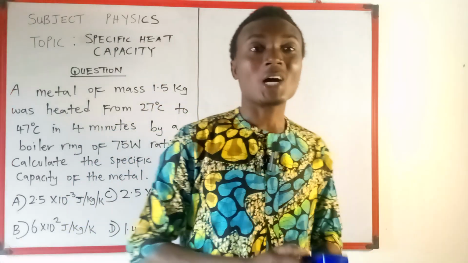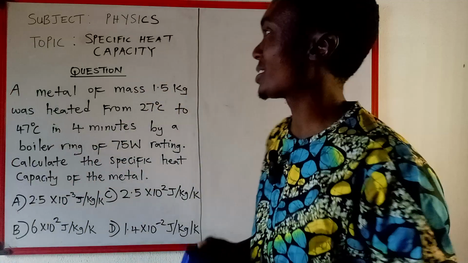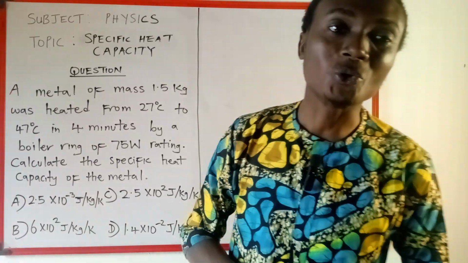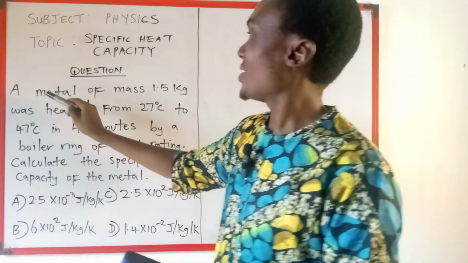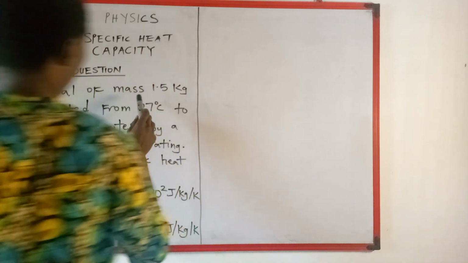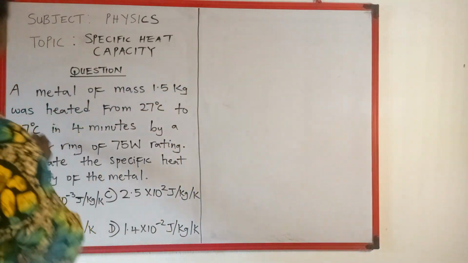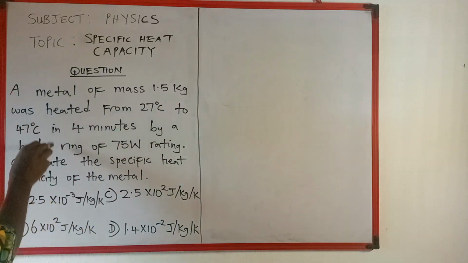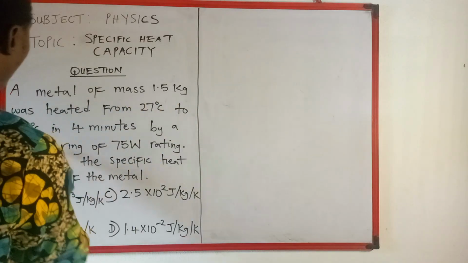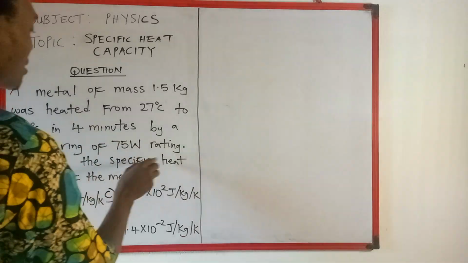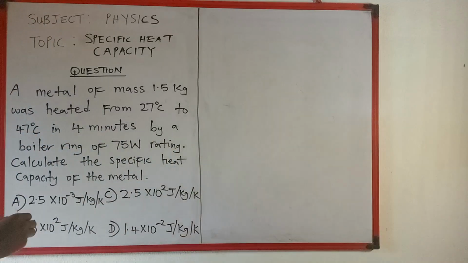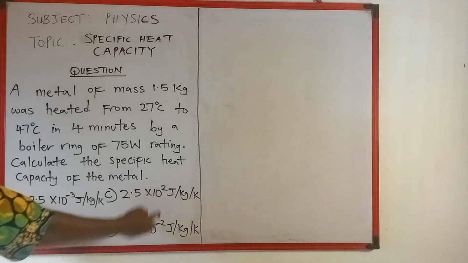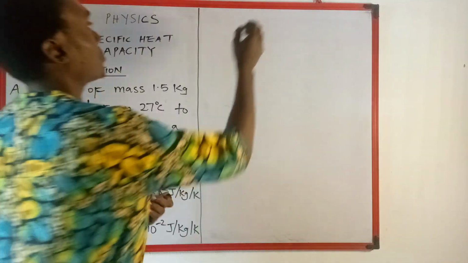So today, I will take you physics, and today's topic is specific heat capacity. And this goes the question: a metal of mass 1.5 kg was heated from 27 degrees Celsius to 47 degrees Celsius in 4 minutes by a boiler ring of 75 watts rating. Calculate the specific heat capacity of the metal. So these are the options. Solution: